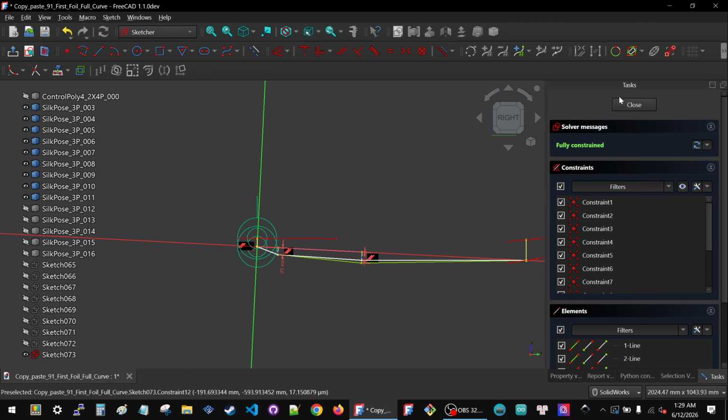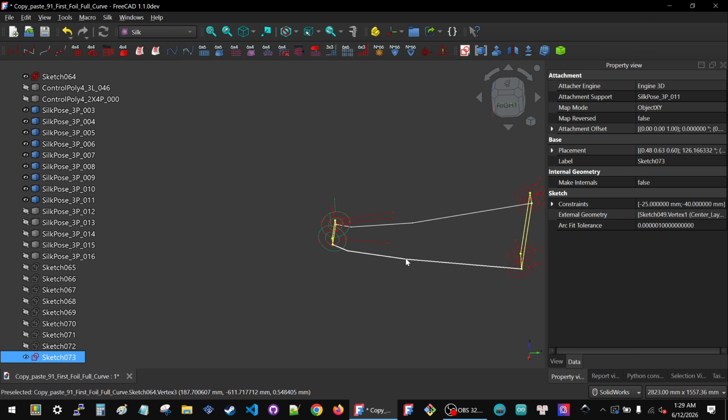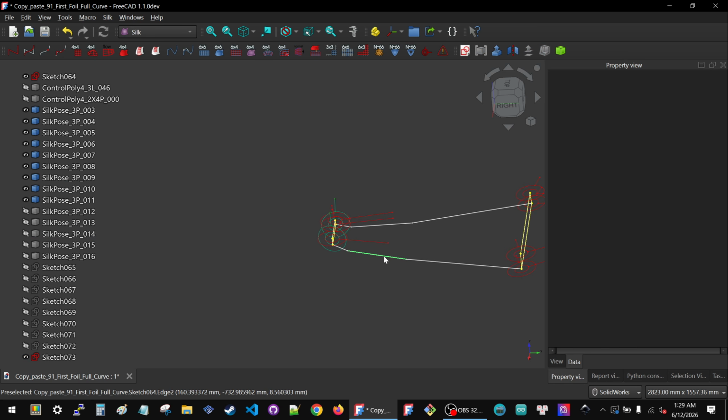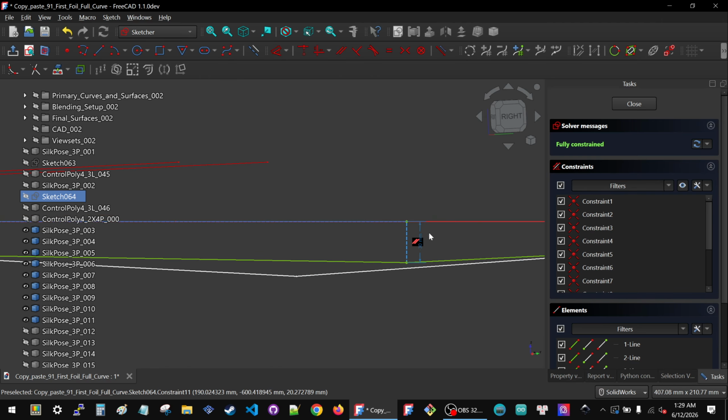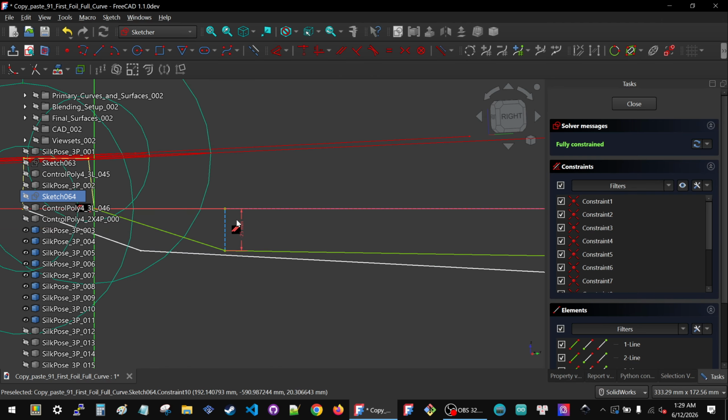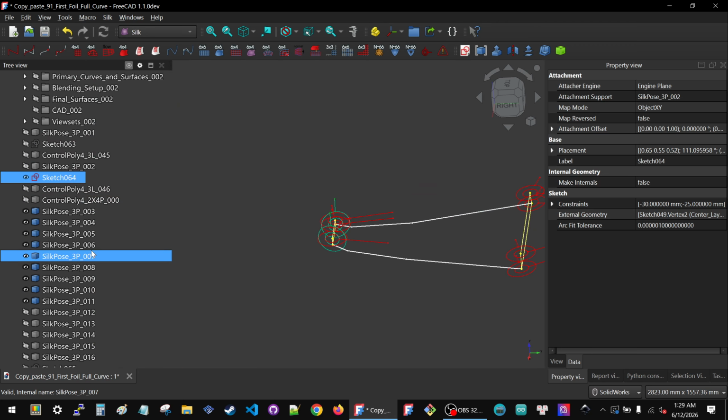I guess minus 40 was not right. This is worth me going back to this first sketch here right now and saying, what was the actual value that I used? Minus 30. It's minus 25 and minus 30. Okay, let's fix